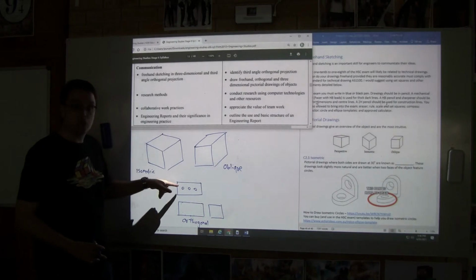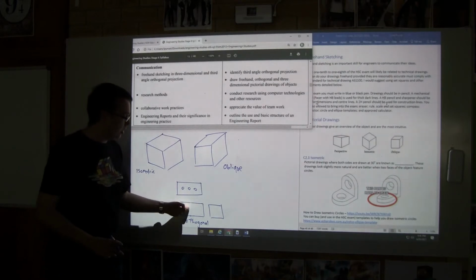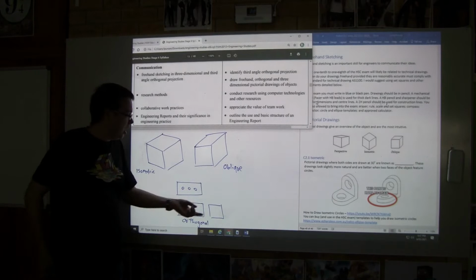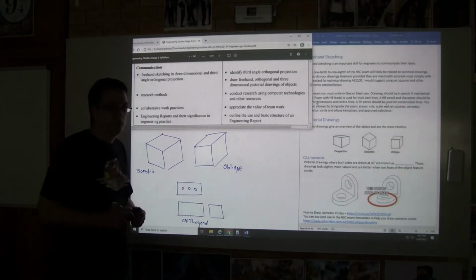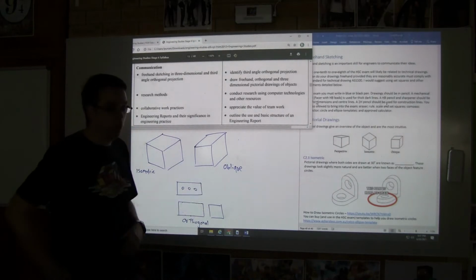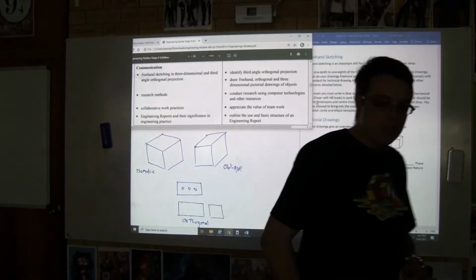If you look at the brick from the top, you can see 3 holes. If you look at it from the front, you can just see a rectangle. And if you look at it from the side, you see a square or a more square rectangle. Now, the thing is, in Australia,